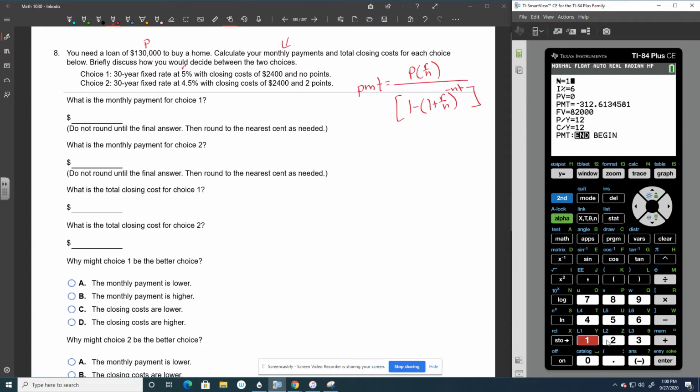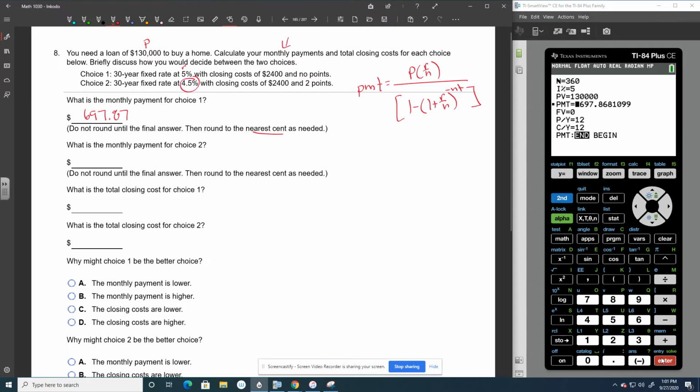And my number of payments, I'm going to make 12 payments for 30 years. My interest rate is 5%. My present value, right now I'm borrowing 130,000, right? I'm looking for my payment. I want my future value to be 0. So my payments, when I hit alpha enter, my payments are going to be $697.868, and it says to round to the nearest cent, so $697.87. Now, if I do the same thing for choice number 2,